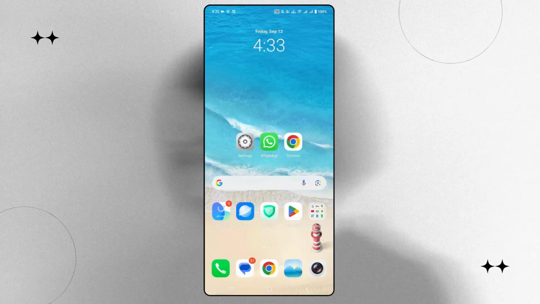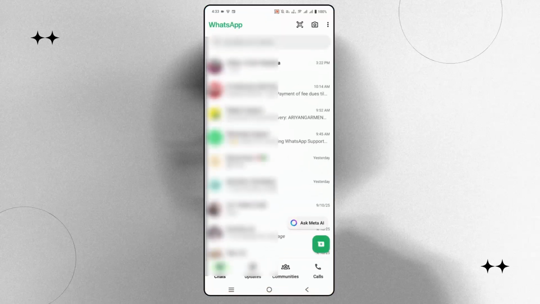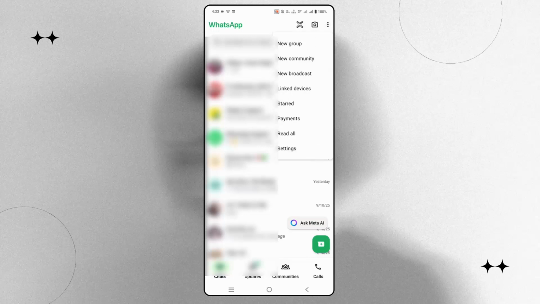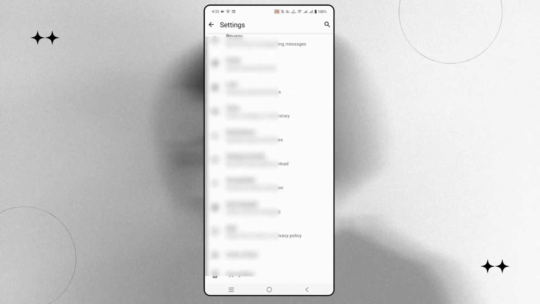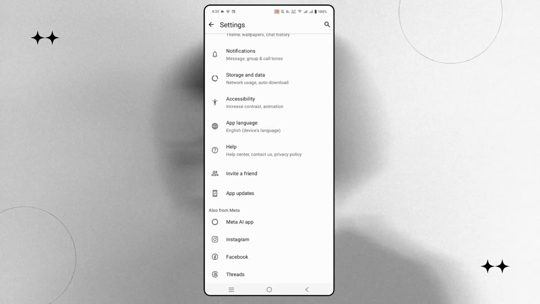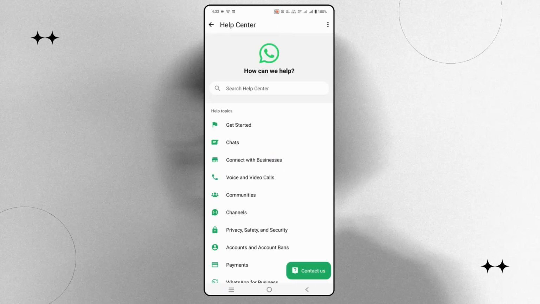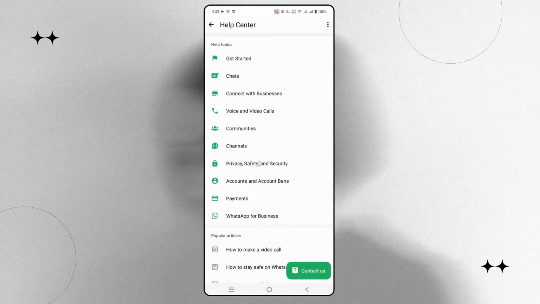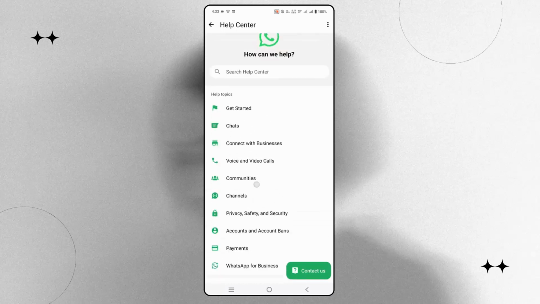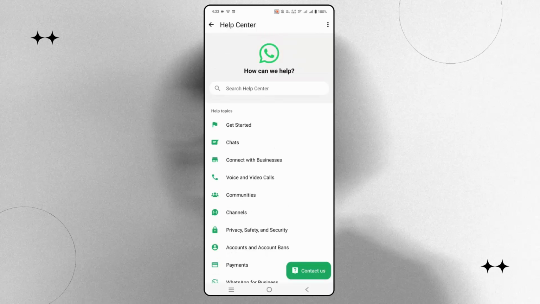If not, you need to take help from the support team. For that, you need to open WhatsApp. After that, click on the three dot icon, then click on settings. After that, go below. Here you can see the help option. Click on help, then click on help center, and after that you can see there are several articles from where